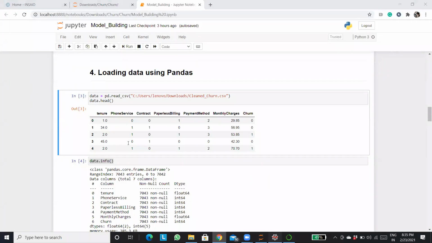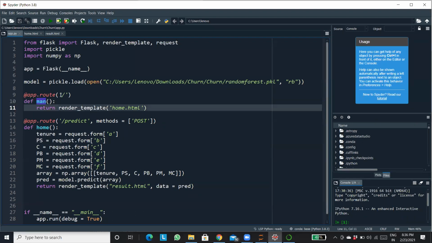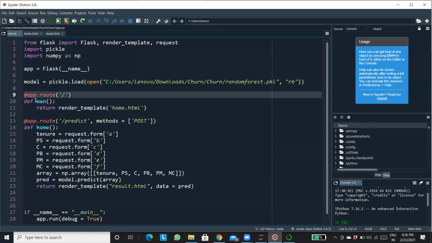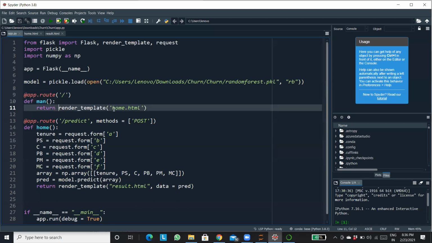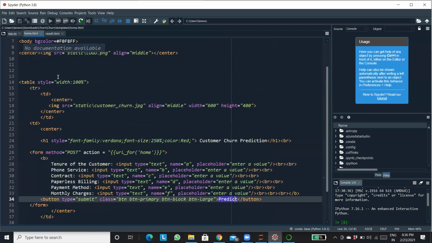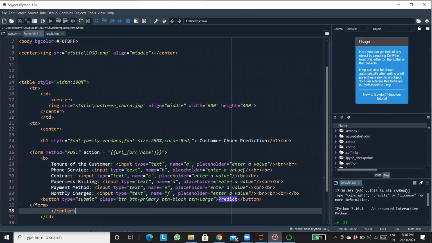Let's open it. Yeah, so this is your main folder. Once it goes to this particular part in your link, it calls the main function, and what is the main function returning? It's returning you the home.html. As you go through that link, your home.html is going to open. Now you will enter these values over there.